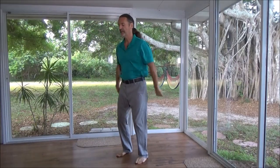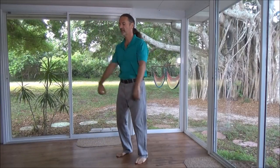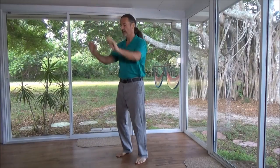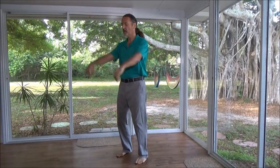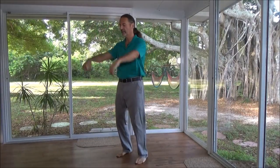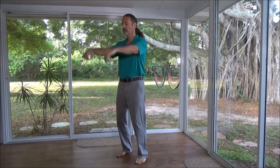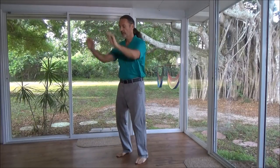There is a science behind this because we're basically creating new neural pathways that will eventually set in, and automatically when we start to do this, we'll automatically be getting rid of stagnant energy each time we do it. The body will know what we're doing. And we'll do one more